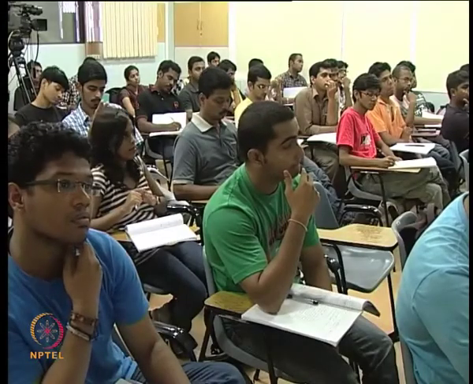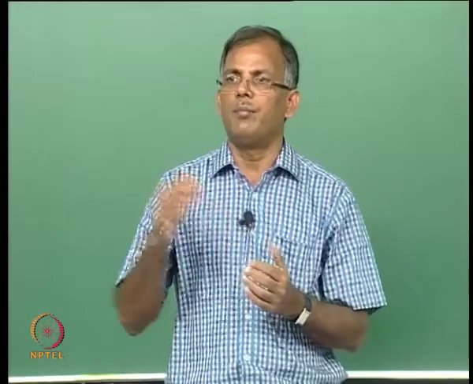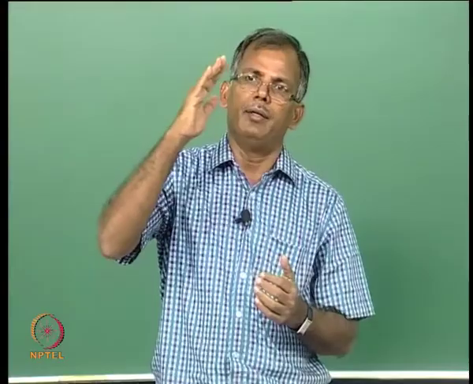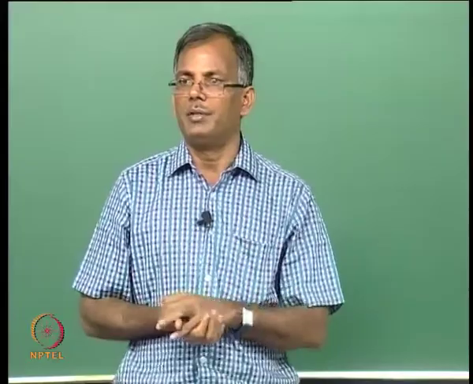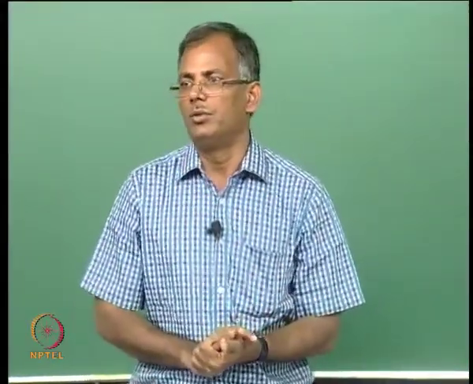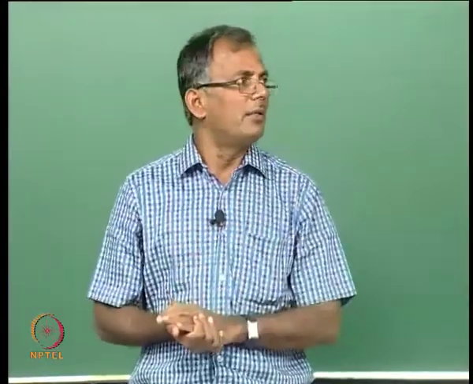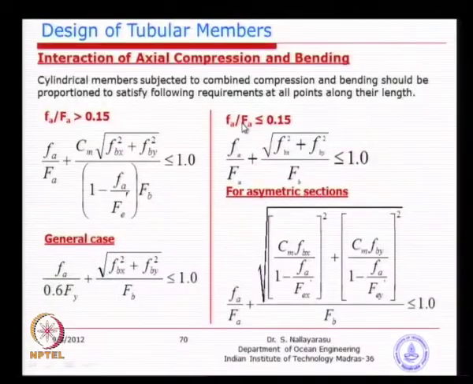What is really happening when the axial load is less? We have less problem, because for example, you have a bending load, the beam is trying to bend, or a beam column is trying to bend. Actually, a beam is typically a horizontal member subjected to transverse loading, whereas a column is predominantly subjected to axial load. When you have a combined effect, you should call it a beam column. When a beam column is subjected to a smaller axial load, it is better, because buckling may not happen. Remember, when we talk about global buckling especially, you need to have a larger axial load. So, global buckling may happen.